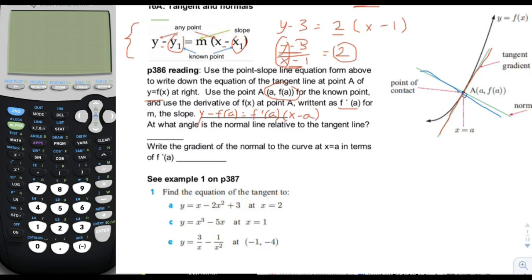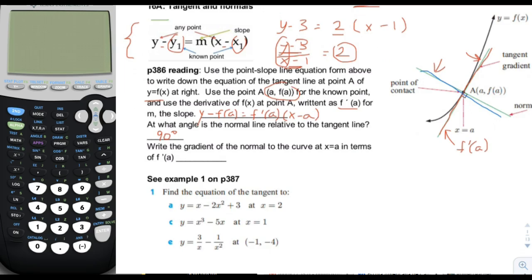At what angle is the normal line relative to the tangent line? It's at a 90-degree angle. It's perpendicular, remember? The blue line is perpendicular to this red line, and that's how you define the normal. Write the gradient of the normal to the curve at x equals a in terms of f dash a. So the slope, or the gradient of the red line, is the derivative of the function f